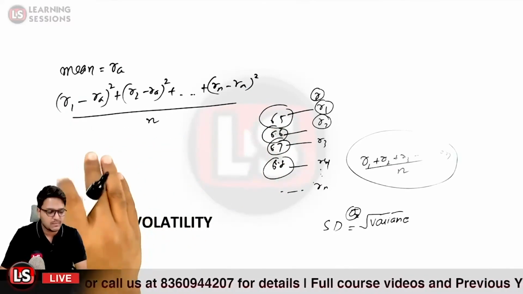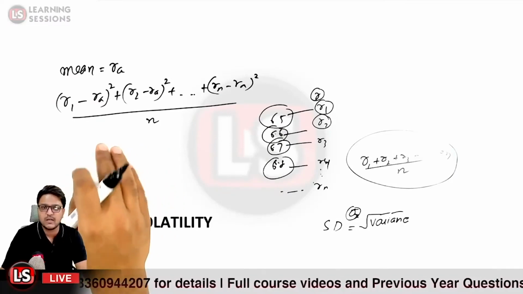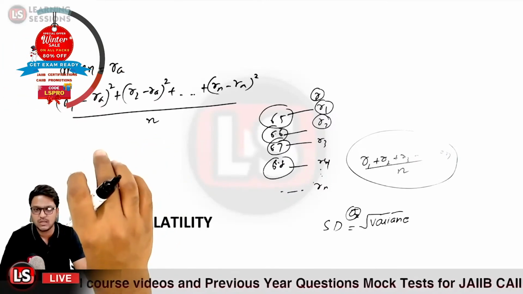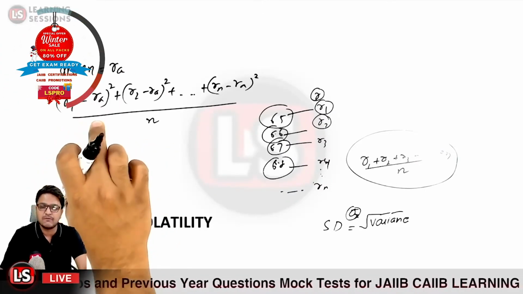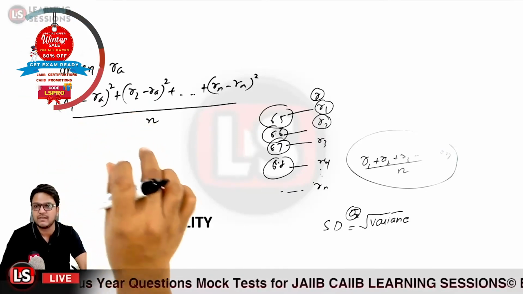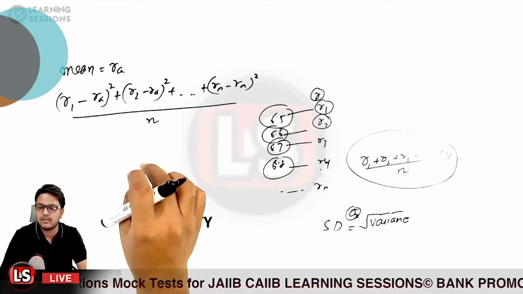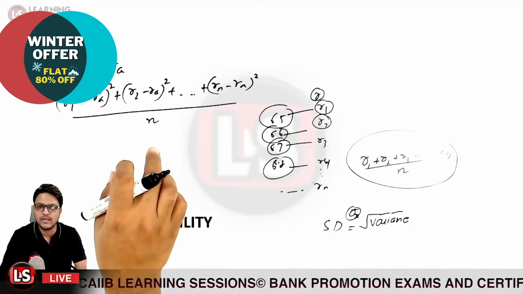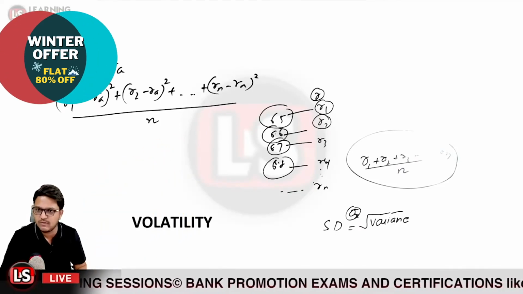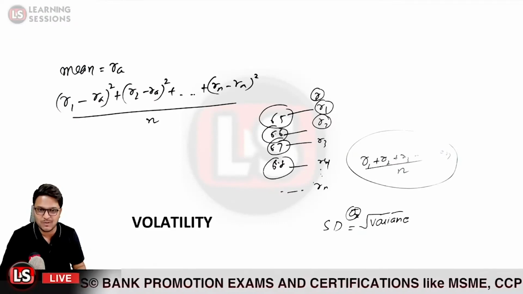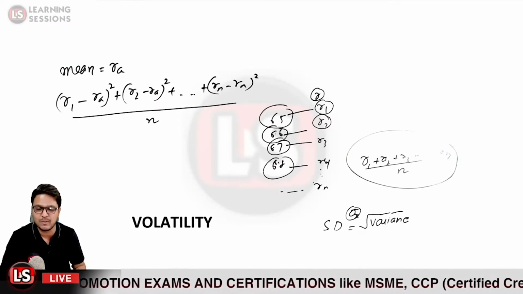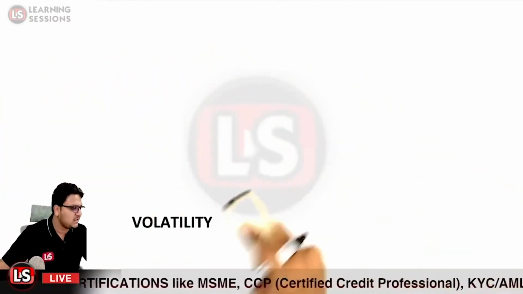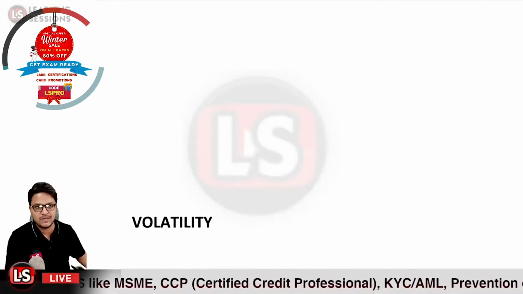So it is basically the squared mean of all the terms. It is equal to the difference of the term and the mean, which we square and divide by the number of elements we have. So that is how we can calculate the variance. We will also be solving some numerical problems so that the concept will be very clear, that is, how we can calculate the variance and the standard deviation. So now let us have a look at the theoretical part for the volatility.